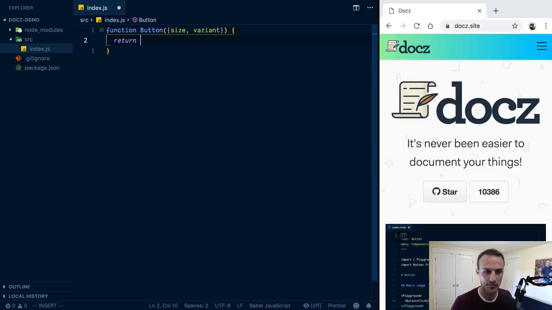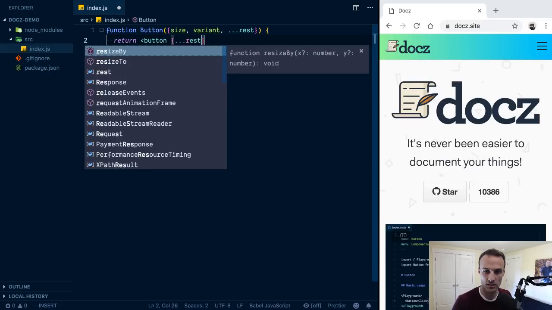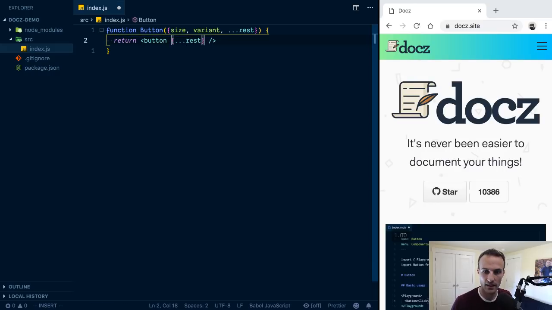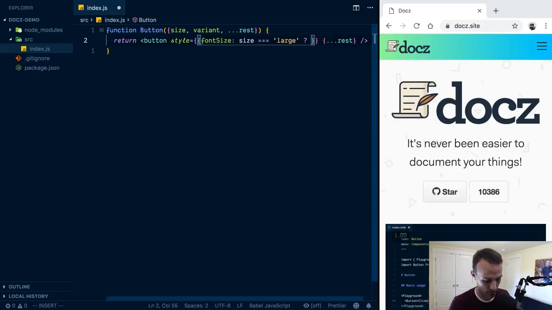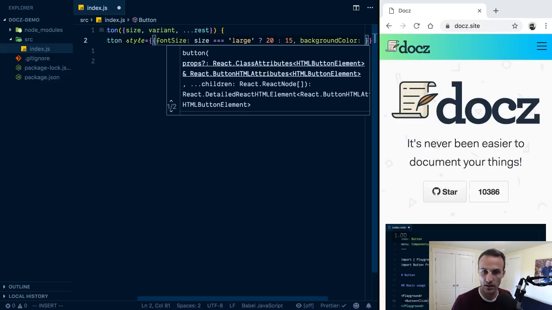a button, kind of going slow for return. And actually, we'll want to get the rest of these props and spread these across. And then based on the size and variant, say font size large. Then we'll say, otherwise it'll be like, okay, and then we'll say background color, if variant